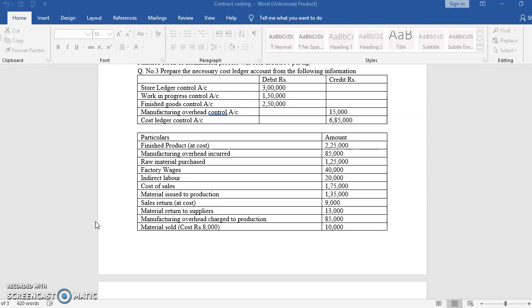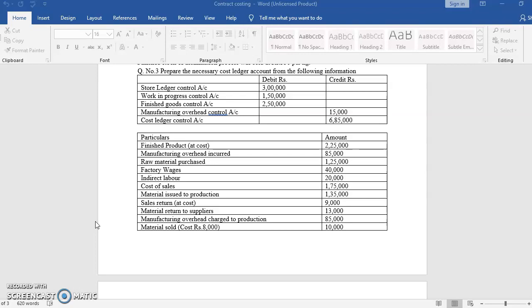Then the next one is given, cost of sales. So just understand again the cost of sales. What is the meaning of cost of sales? You already prepared the ledger of cost of sales. So definitely we have to record on the debit side of cost of sales. But from where will it come to the cost of sales? Yes. Whenever goods are manufactured, they are transferred from WIP to finished goods, and further, for selling purposes, they are transferred from finished goods to cost of sales. So from where will it come?